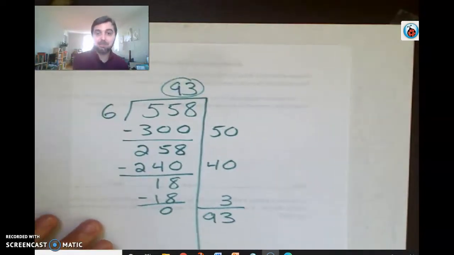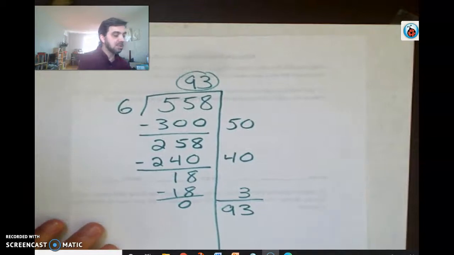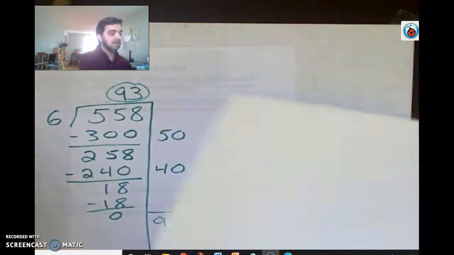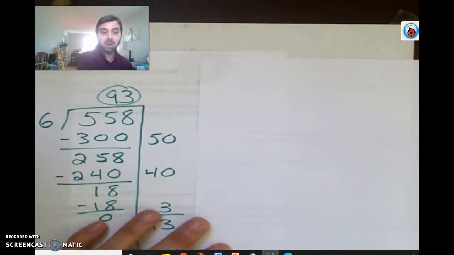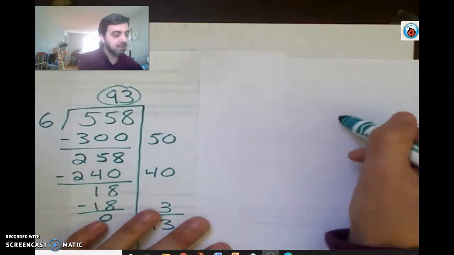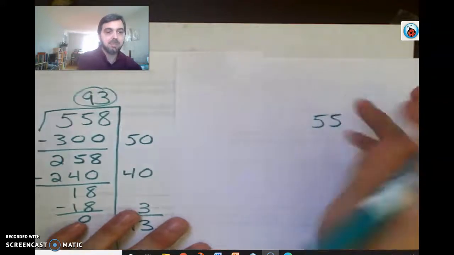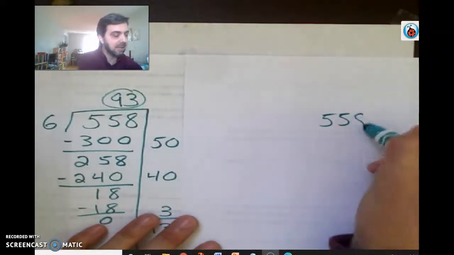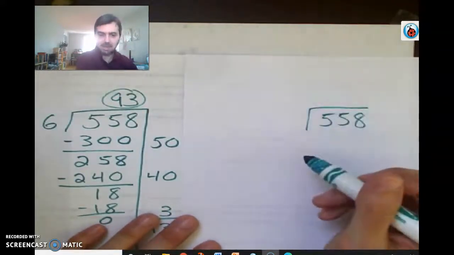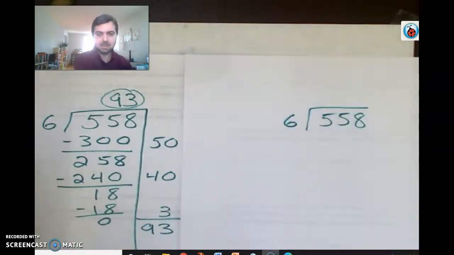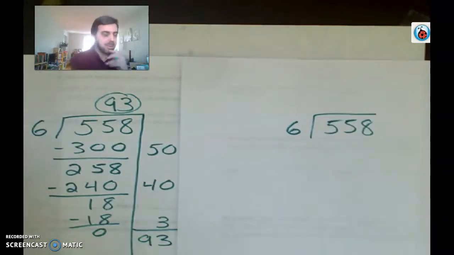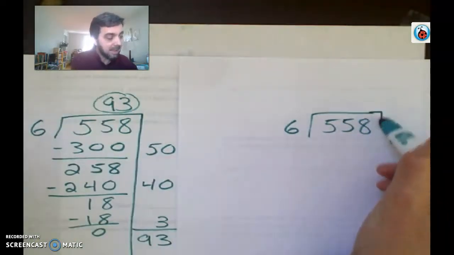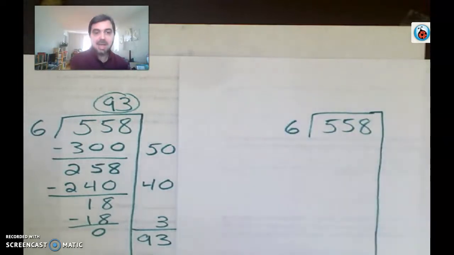All right, now the cool thing about partial quotients is there's different ways you could solve it. So, for example, let me show you another way you could solve that that you might find to be more helpful. Okay, so let me do 558 divided by 6. So maybe you know that